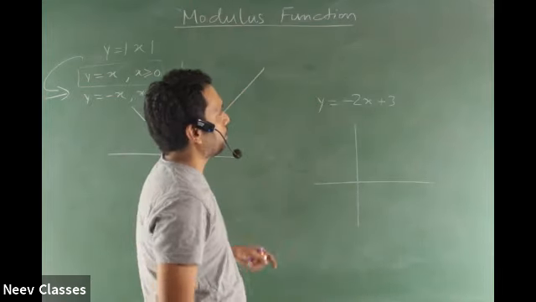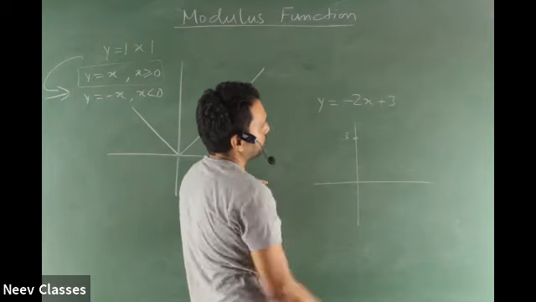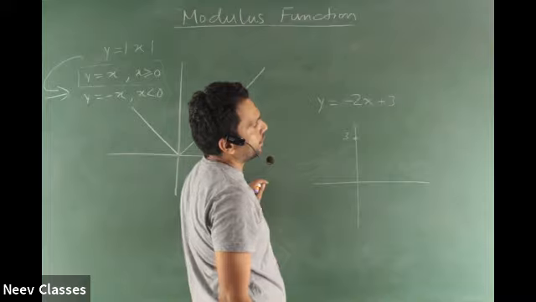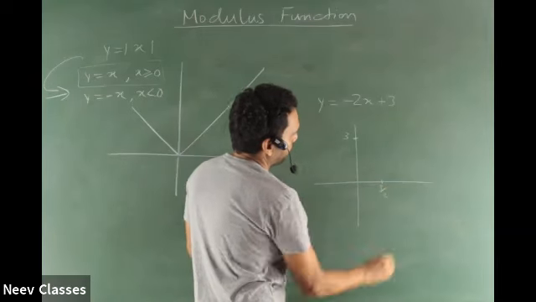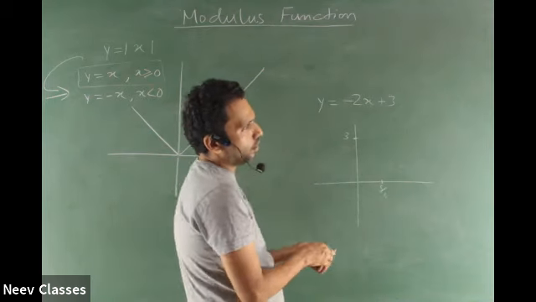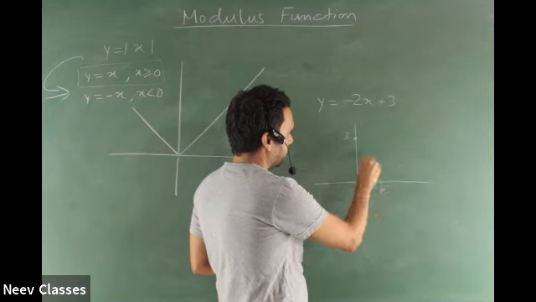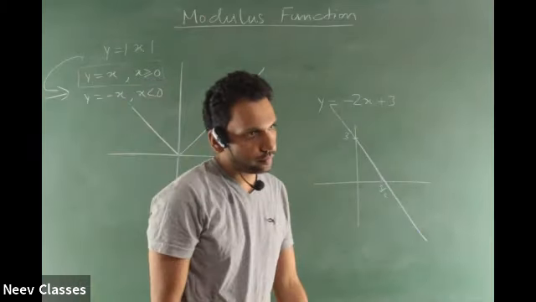So what is the y-intercept? When x is 0, what's the point? Y is 3. So it is cutting the y-axis at 3. Similarly, when y is 0, how much is x? 1.5, which is 3 by 2. So it is cutting over here at 3 by 2, when y is equal to 0. 2 points are enough. This is not coming as a nice integer point, doesn't matter. You should not be afraid of fractions now. And simply join it. That's your answer, right? Any doubt?